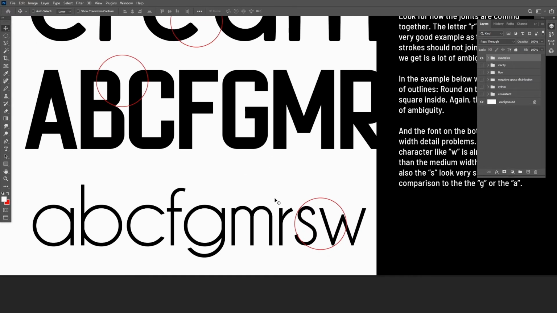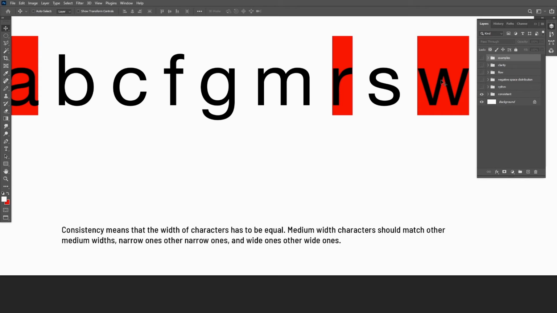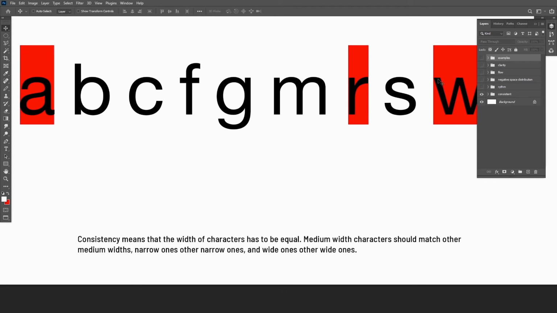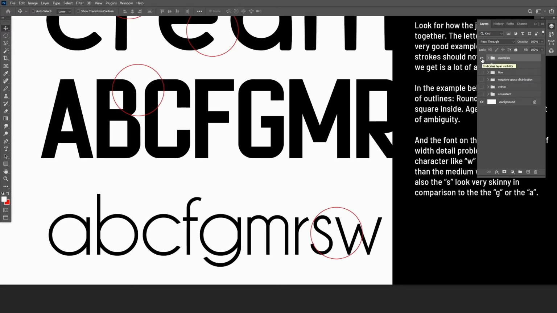So now this one is really strange, because when we looked at Helvetica, I said that there are two really wide characters in the alphabet, the W and the M, and they are quite a bit wider than the medium ones, right? But look at what's happening here. The W is almost the same width as the A. So, in fact,